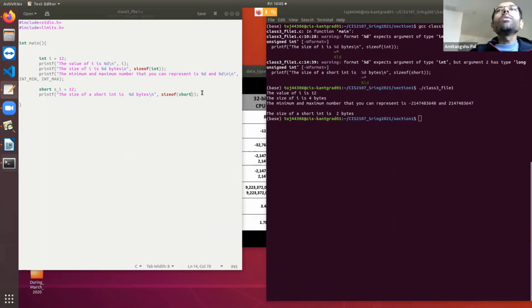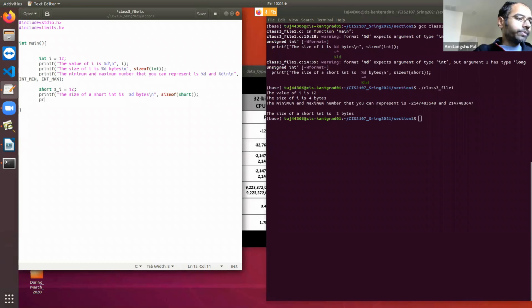All right. Now let's see this range of numbers. The minimum and maximum number that you can represent is %d and %d.